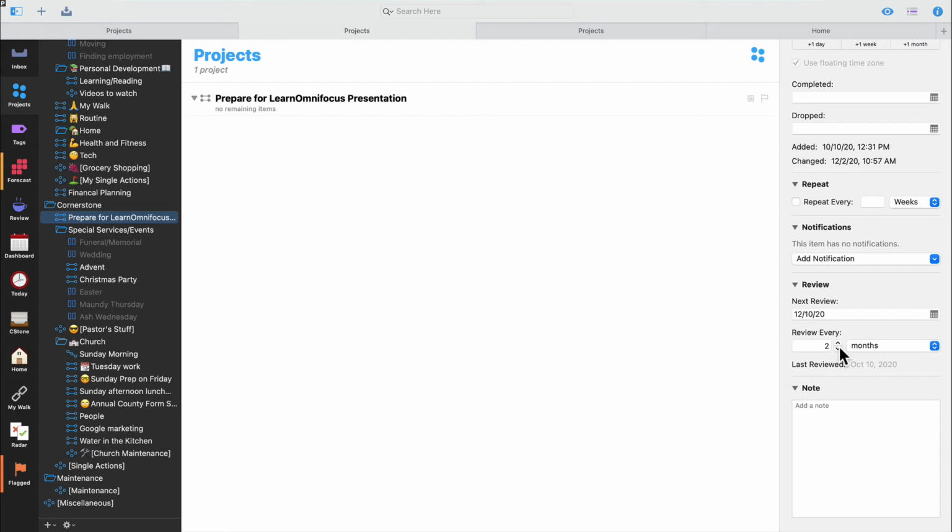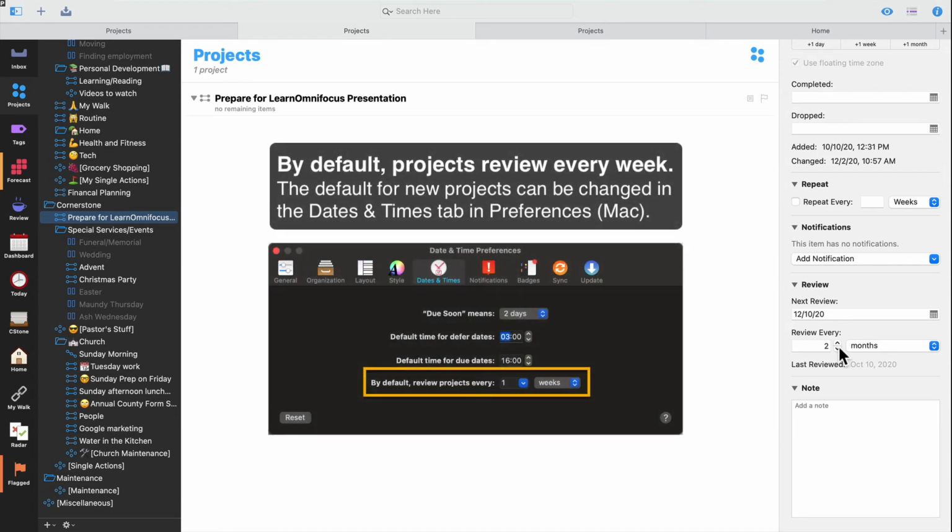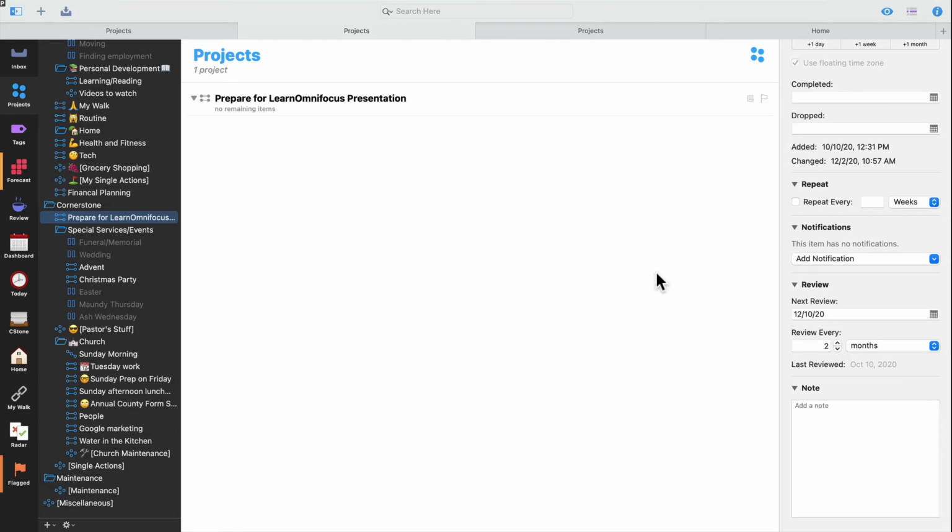And my whole Sunday morning project, I'm doing that every week. If I notice something is not right, I can fix it that afternoon. So I do the Sunday morning review every 6 months. By default, I guess you get it every week or every month. I don't know. OmniFocus wants to give you a review schedule that is very tight. And I spread it out. I purposefully look at every project and I say, well, I don't need to review this except every year, every 6 months, every 8 months.